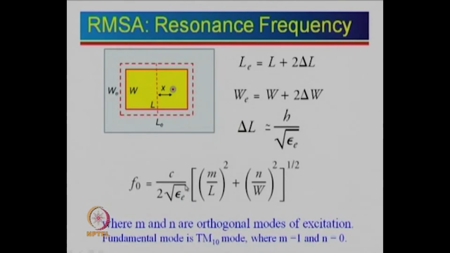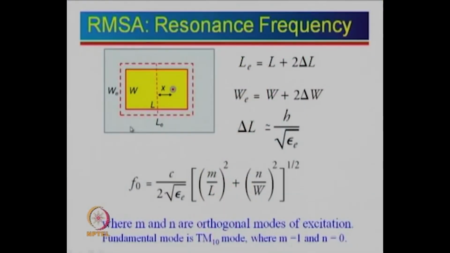Now let us look at a very simple rectangular microstrip antenna and how we define it. This is the substrate which has a finite size, and here is a rectangular patch which is shown over here. The feed is as before. Now we know that if there are two parallel plates, there will be a fringing field. What does the fringing field do? It increases the effective capacitance. For example, the plate capacitance is given by Cp equal to epsilon 0 epsilon r A by H, where A is